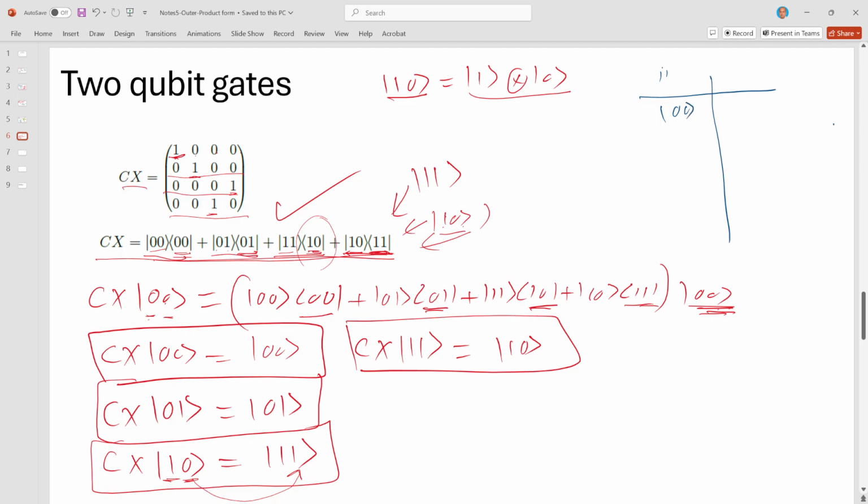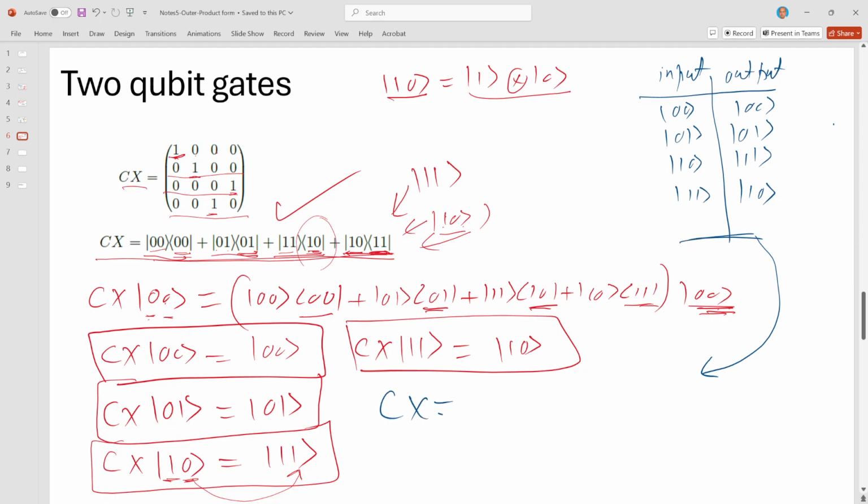the control X gate should do this: the 00 state should go to 00, the 01 state should go to 01, the 10 state should go to 11, and the 11 state should go to 10. So we should have been able to write this in the outer product form directly from this truth table, and